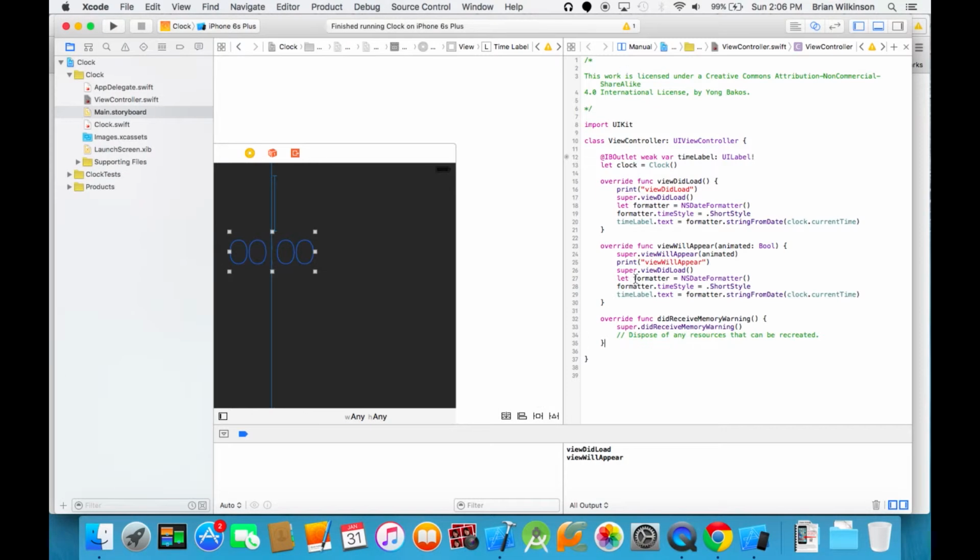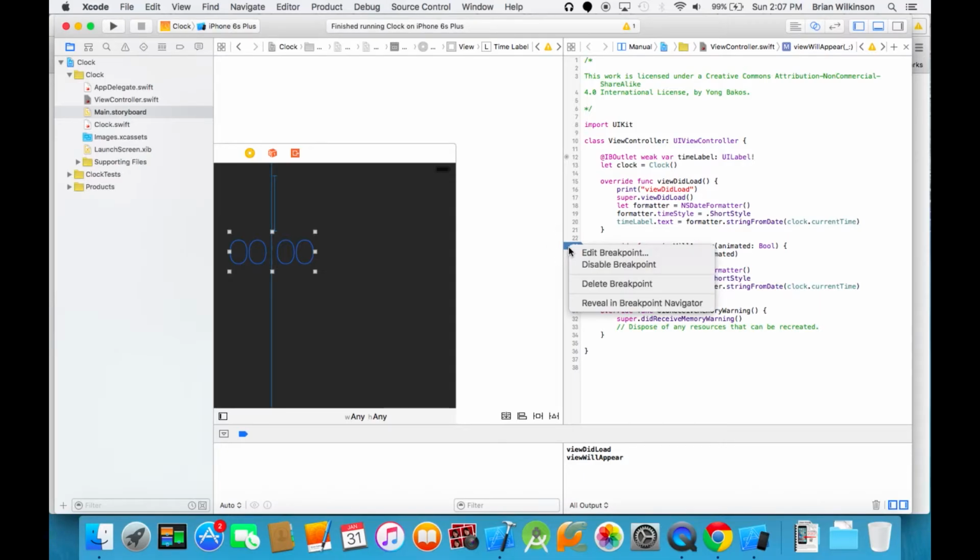So let's go back. Instead of putting a print statement in each of our different lifecycle events, I'm going to use something called a breakpoint. A breakpoint is something you insert into your code, and it tells the compiler to stop running and lets you see the state of all your variables and information so you can track down any problems. It's part of the debugging process. So I'm going to put a breakpoint here, and to do that I just click in the margin, and you can see this shape is a breakpoint. And if I right click or control click, I can edit it,